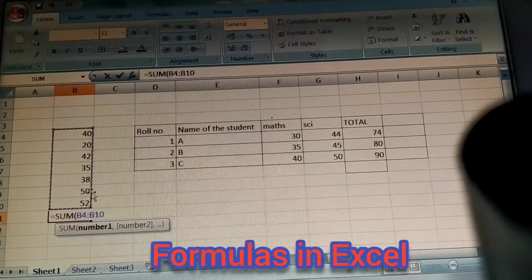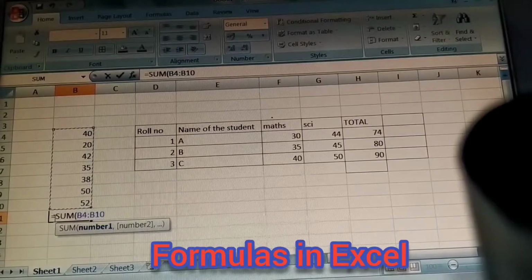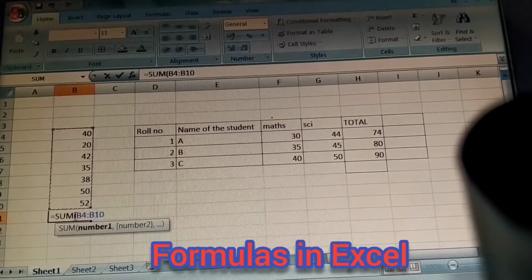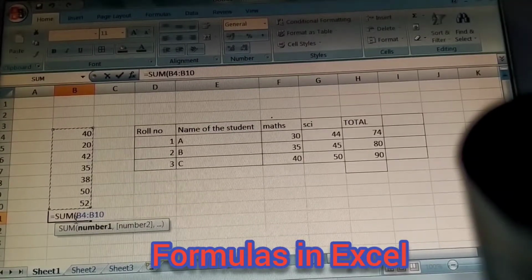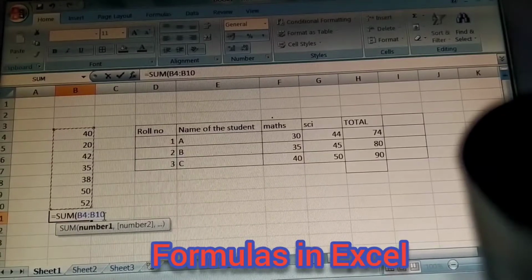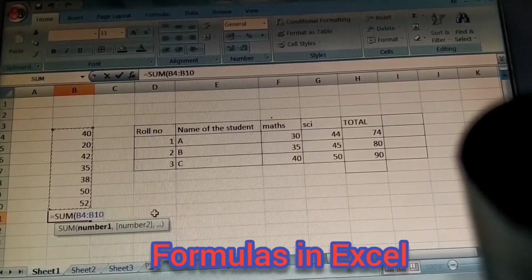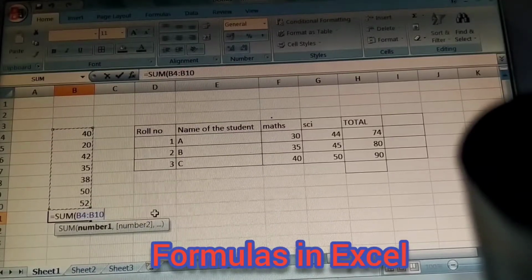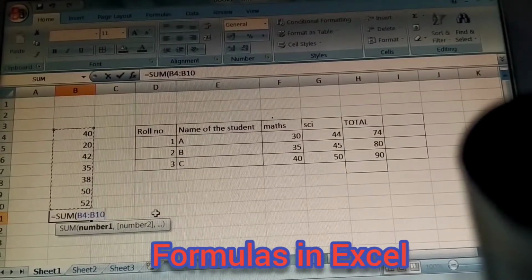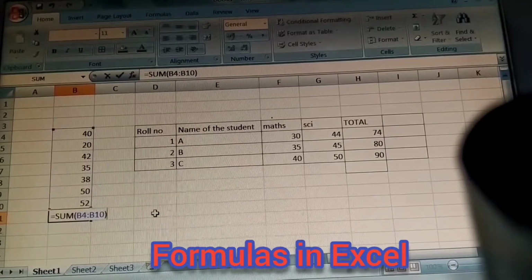So in that range, what came in the last active cell is equal to SUM B4 B10, starting from B4 till B10. So this way the range address, the cell address, is coming. Now after that we have to type the closing bracket and press enter.